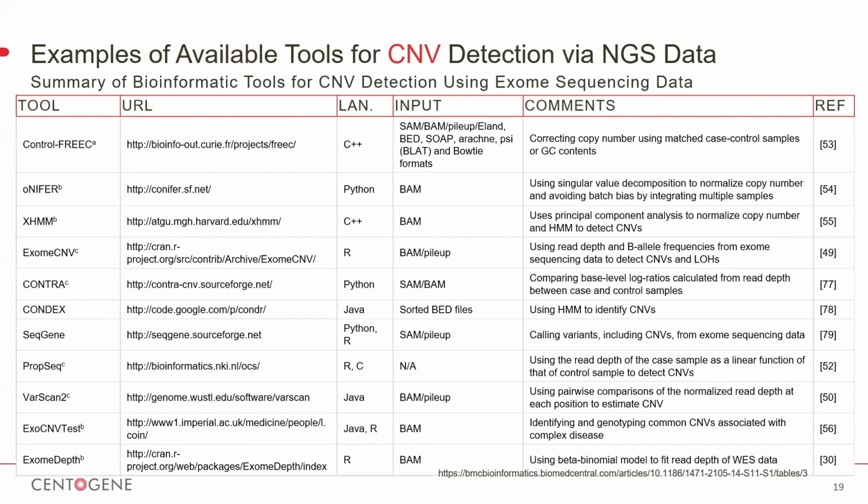This is an example of the different tools available in the market for copy number variant detection, thanks to the great effort exerted by bioinformaticians worldwide to improve the pipelines of copy number variant calling. They are improving the tools and using, as we mentioned, combined approaches, and each approach, of course, has its own strength points, and this combination is improving the sensitivity for true calls. They are numerous, and many of them have been utilized and examined to be very successful worldwide in genetic labs for detecting copy number variants in NGS platforms.